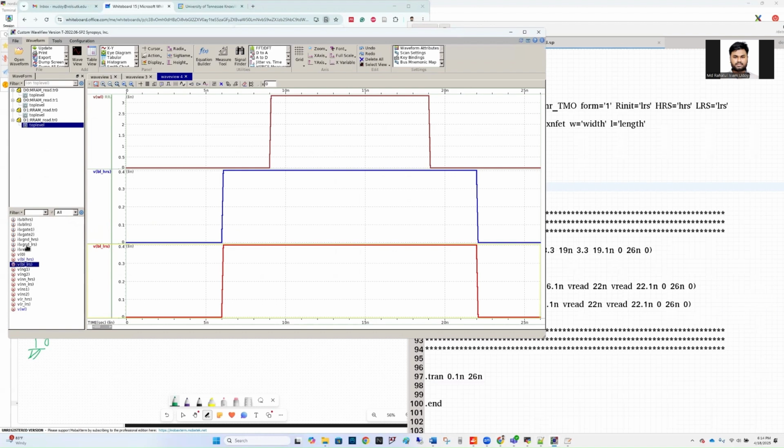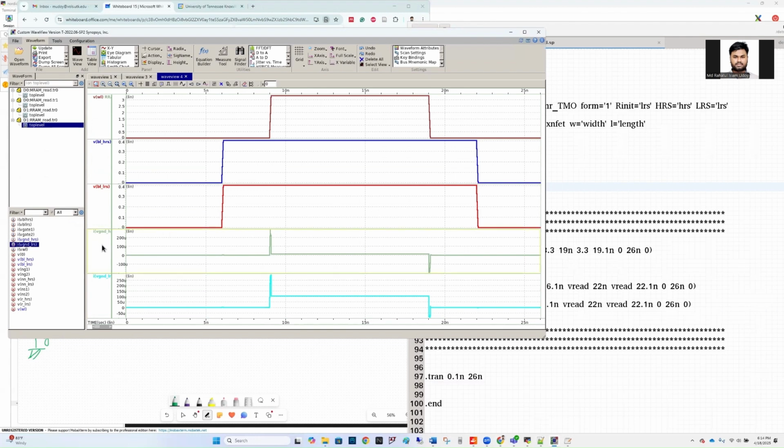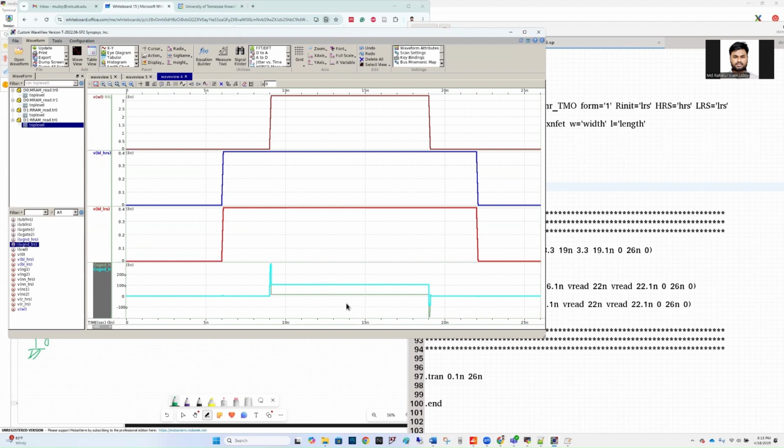So these are the voltage sources that we put to measure the current through the memory cell. Let me open these two wave shapes, and I would like to merge them together to compare. So I've selected these two wave shapes, right-clicked and grouped them. As you can see,